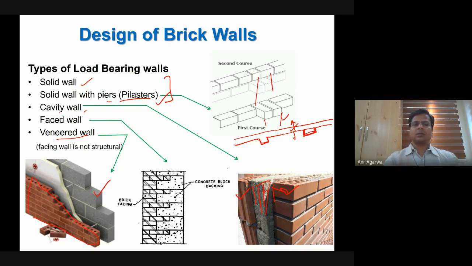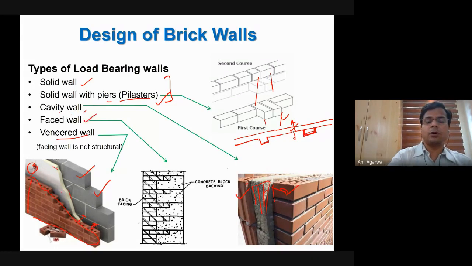It is only resting. It is connected with the solid wall through these connectors, because on its own it does not have much stability. So these connectors that you have seen will be used to connect the veneer with the main solid wall. And again, you will have some cavity in between, and that cavity may be filled. So cavity and veneered walls are very similar, except that in cavity wall, both walls are solid, and in case of a veneered wall, one wall is solid, the other one is only a facade.